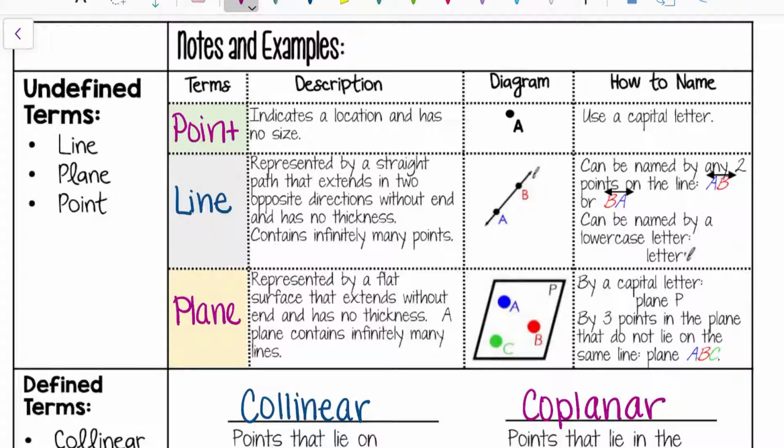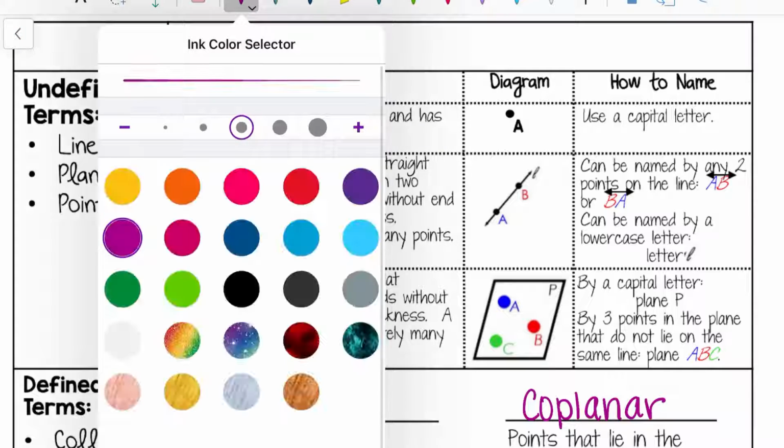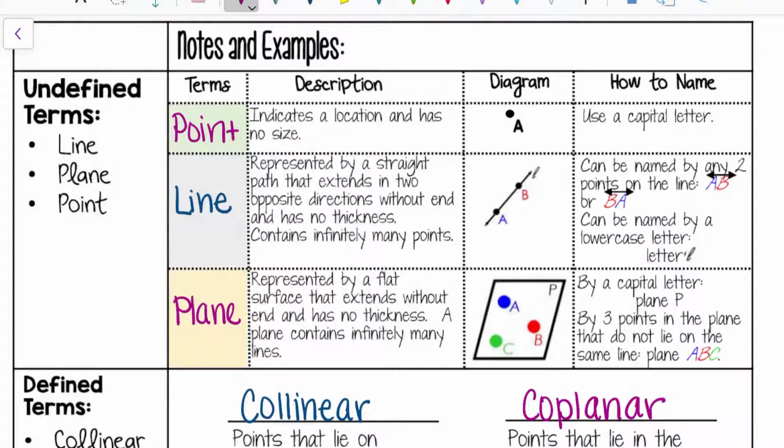Today we're talking about points, lines, and planes, and these are undefined terms of geometry, and sometimes we have to use these undefined terms and accept them as facts. So talking about the first one, a point indicates a location and has no sides. So it has no sides, but it does represent a specific location. To name that, you would use a capital letter, and for example, this one right here would be point